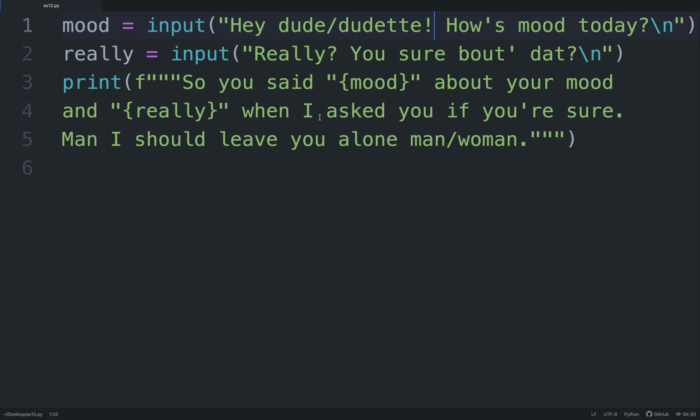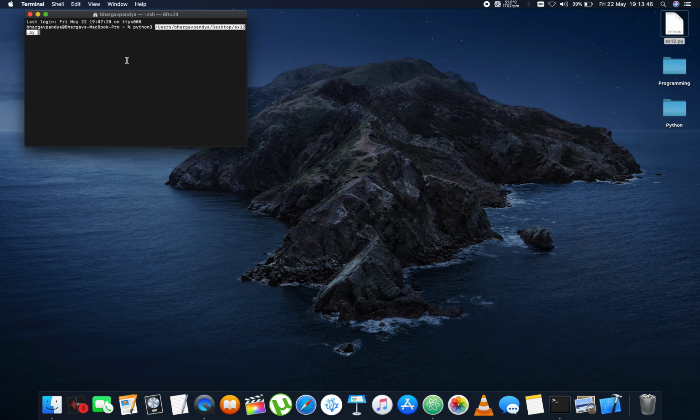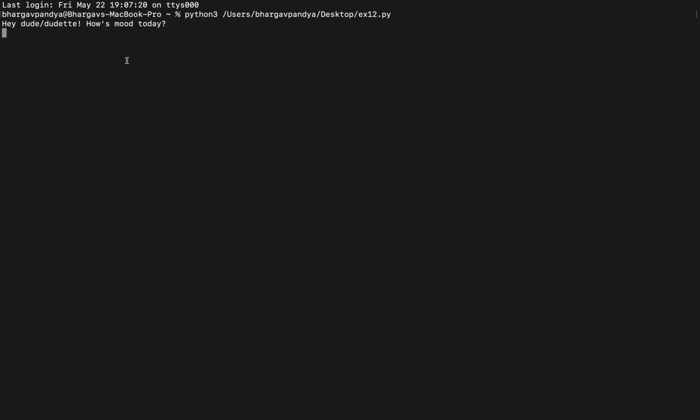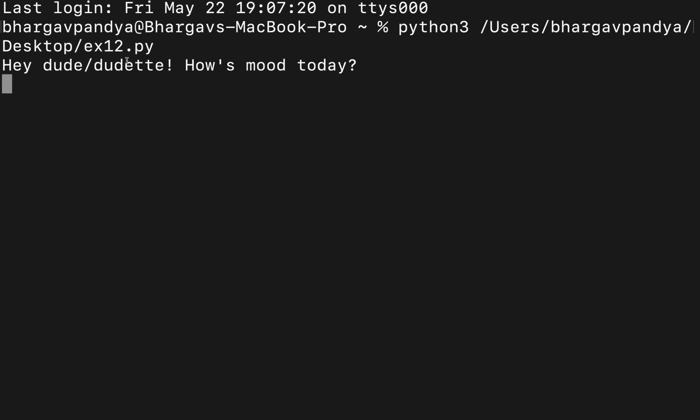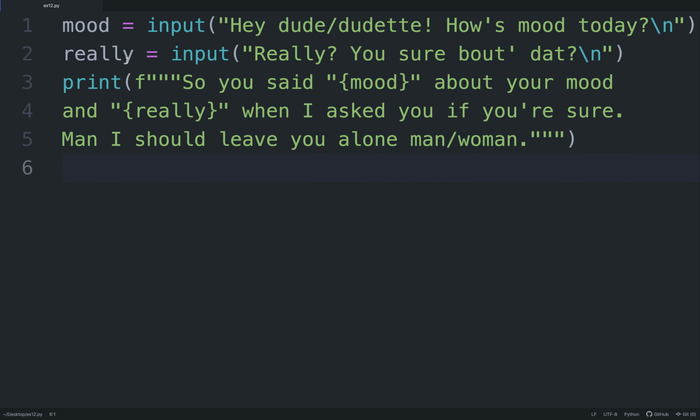and make sure that you have saved this program, and there is no blue dot here. Make sure that there is no blue dot here. It signifies that you have saved this program. And after you're done doing that, drag and drop this program in your terminal and then just hit enter. And you see that your program is now asking for input from you. Yes, from you. Well, it could ask for input from anybody who is running this program, but anyway,